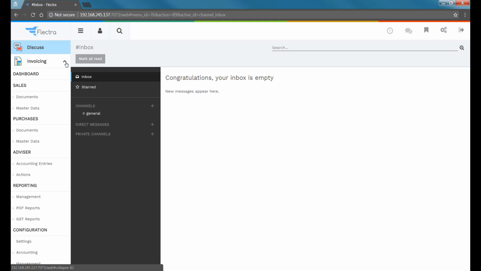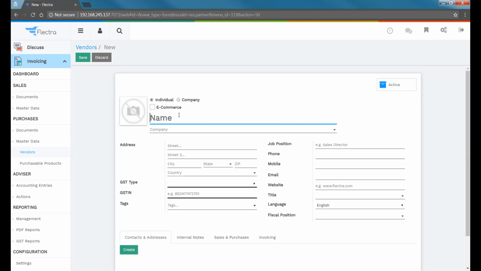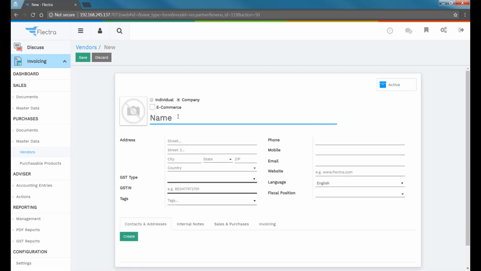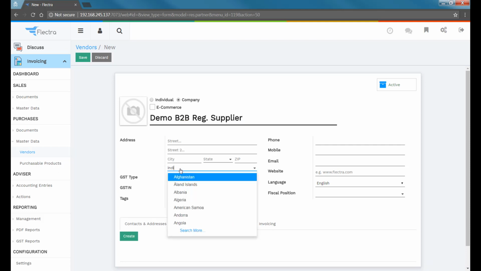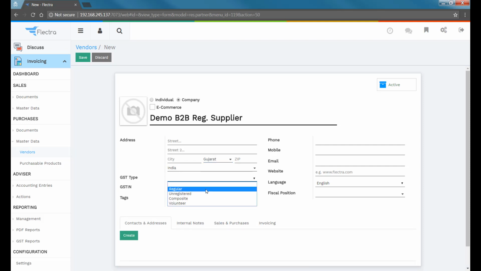Now let's see how vendors or suppliers transactions work in Flectra with GST. So I'm going to create some vendors. First of all, we're going to create a supplier or a vendor who is registered. So it's a demo B2B registered supplier, I would say. This registered supplier could be from any of the state. I'm just going to keep at the moment from Gujarat or same state, a registered supplier, and I'm going to